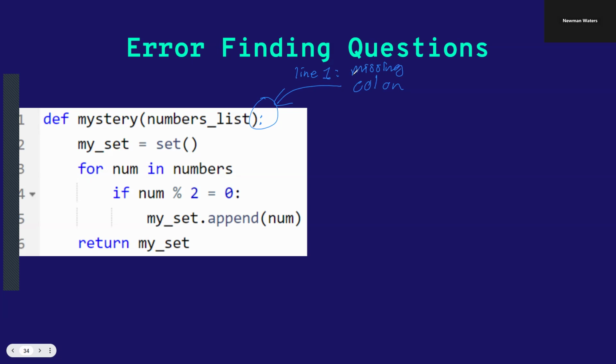Well, let's think about it. What do you think? We're trying to find the errors. Because I thought you said that you would use add for the set and for the list. And it said, my set equals a set. It declares a variable for set. And then another mistake would be a parameter. It says numbers list and it says for in numbers. So you can either change the parameter, you can change the argument. You can either put numbers in the parameter or put numbers list in the argument. And I